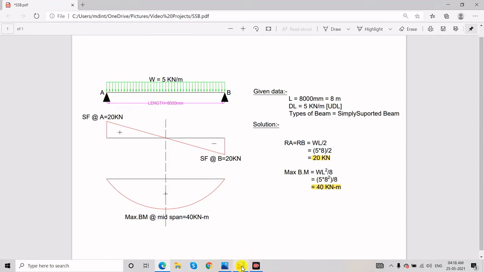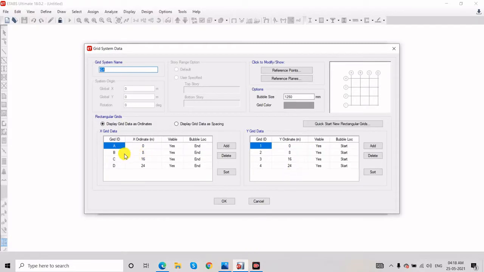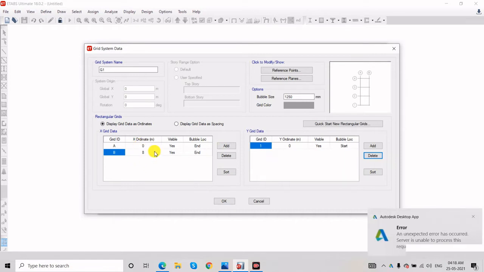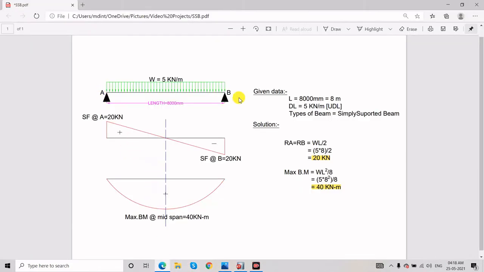The remaining ones we will delete. Then press OK. Here you can see the space limit, A is 0 and B is 8 meters, as in the problem statement.